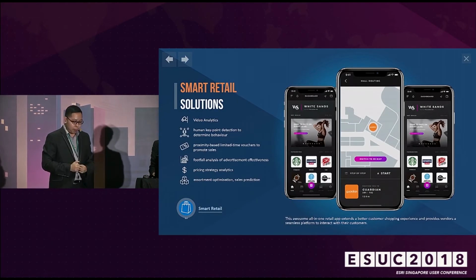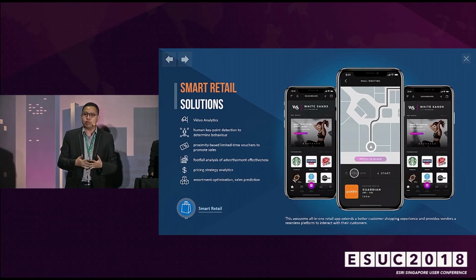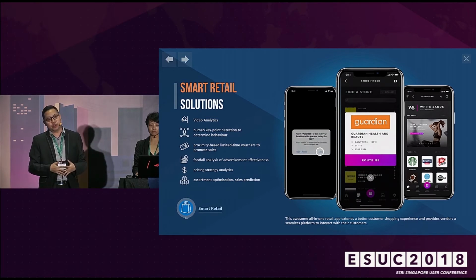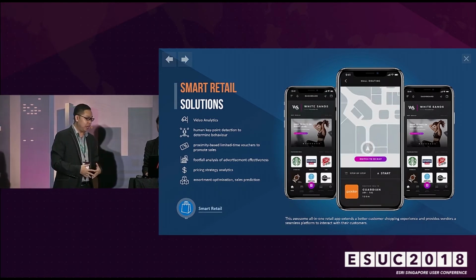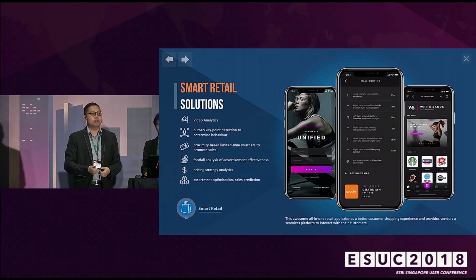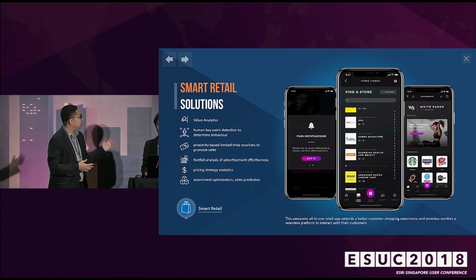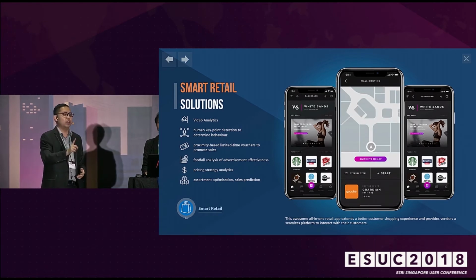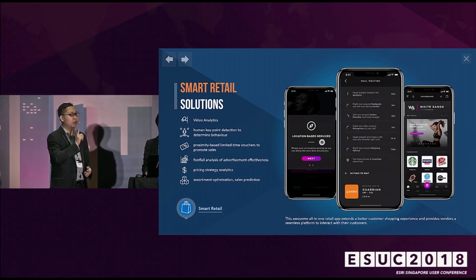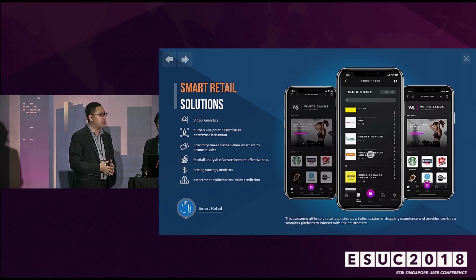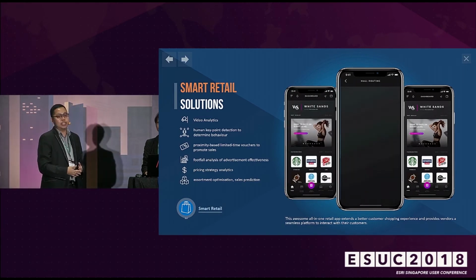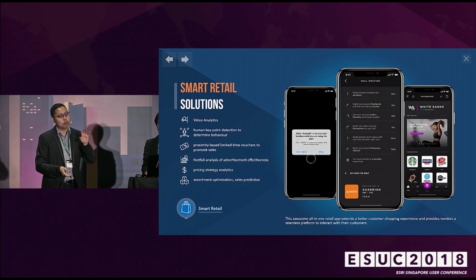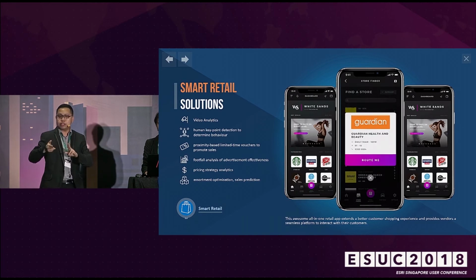Right? So combining a lot of this, it is then possible to think of very bold ideas such as a smart retail solution, whereby today you may have a Starbucks card, you may have another card for Giordano and all these cards. So what happens is that we envision a future whereby it's an all-in-one app for retail. For all shopping centers, you just need an all-in-one app to store all your cards, all your various rewards, and this enables the retailer to actually increase their sales in terms of pushing proximity-based vouchers, limited time vouchers,